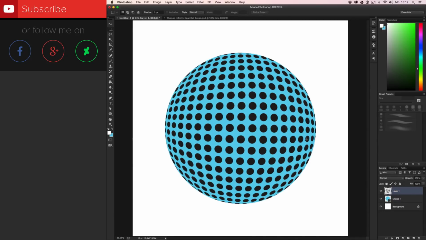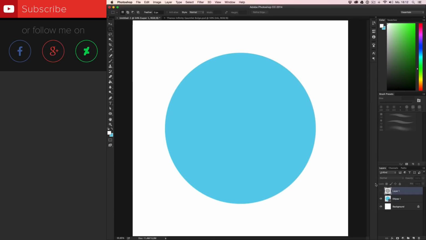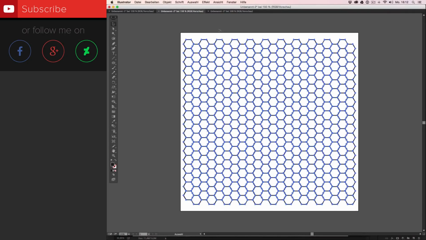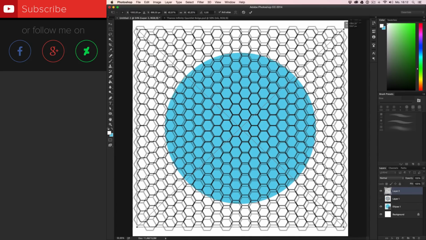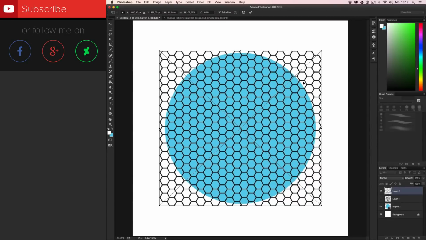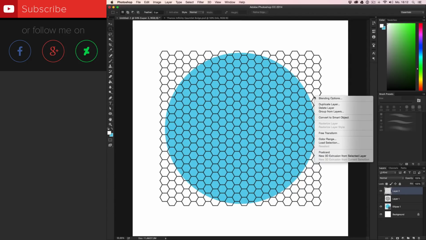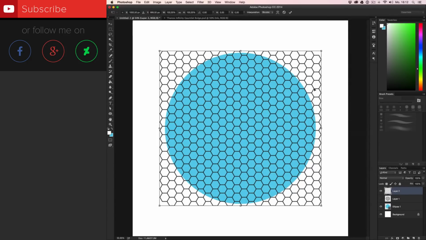I'm going to show you how to do everything one more time with a different texture and do it very, very quick. So let's get started. I'm going back to Illustrator, choosing a new texture, going back to Photoshop, pasting it in here as pixels, scaling it down to the size of the object, choosing my marquee tool, double checking if the layer is active, right click, select free transform, right click again, select warp,